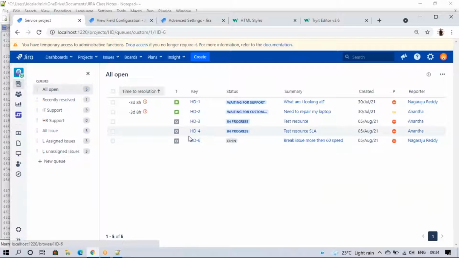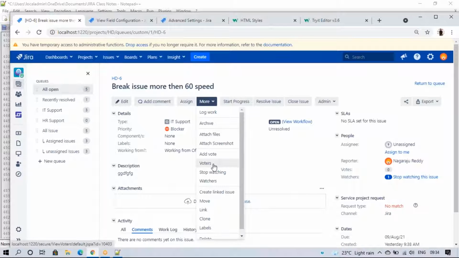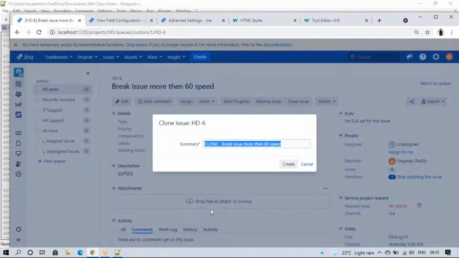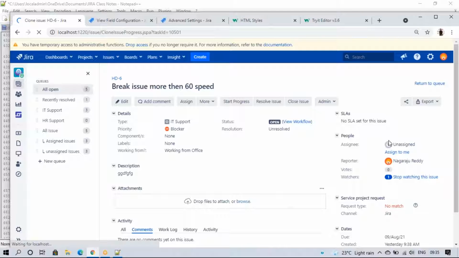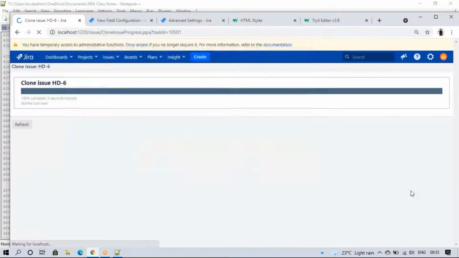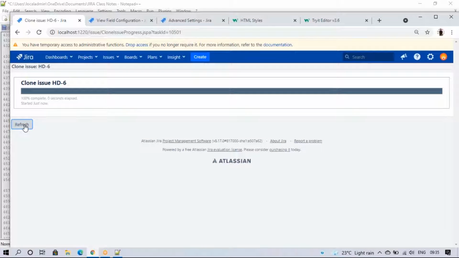If I click on the ticket, in the more options we can see this clone option everywhere. If you click on clone, it shows clone break issue with the same summary. If I click on create, the same ticket will be created as a duplicate and it will link to this. Okay, refresh.